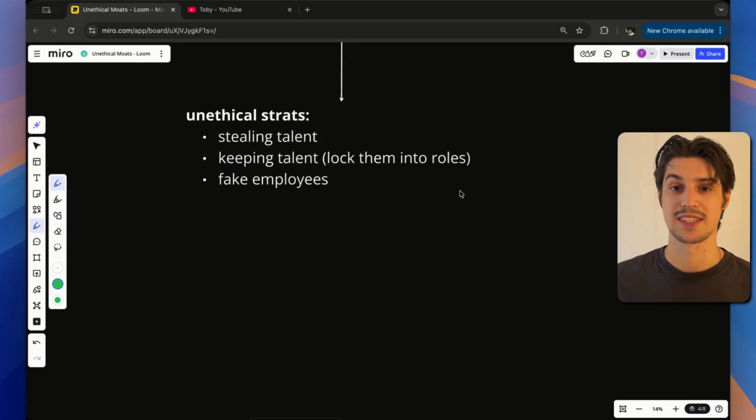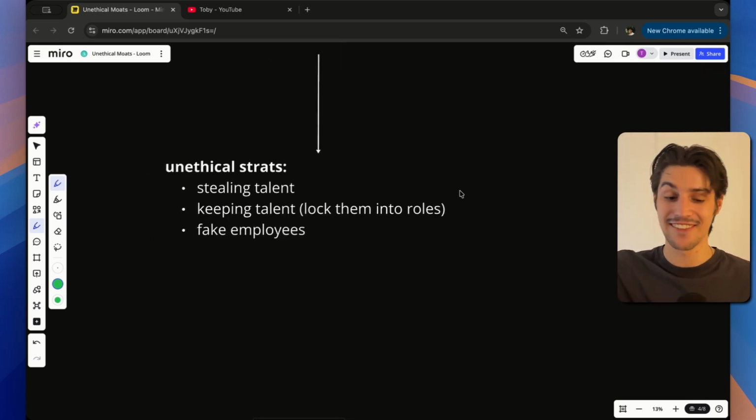I've seen business practices where people will hire a fake employee, send them to their competitor, get them to work for that competitor for a couple months, and then quit and take all the secrets with him. And it's actually like a 500 IQ level strategy, but a bit unethical.